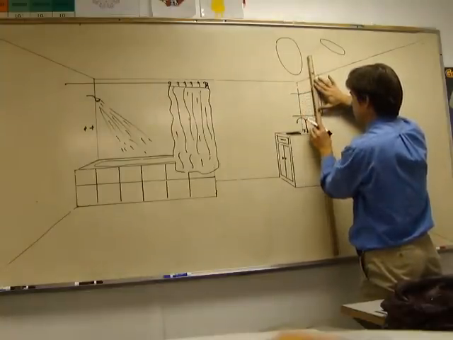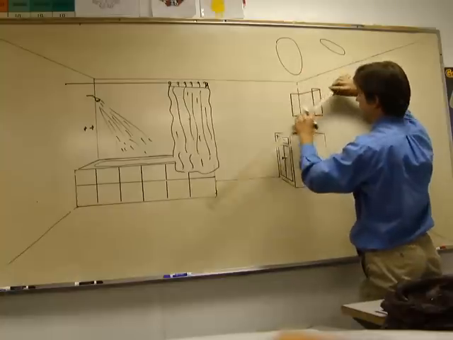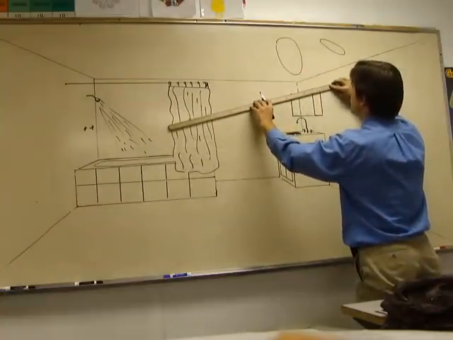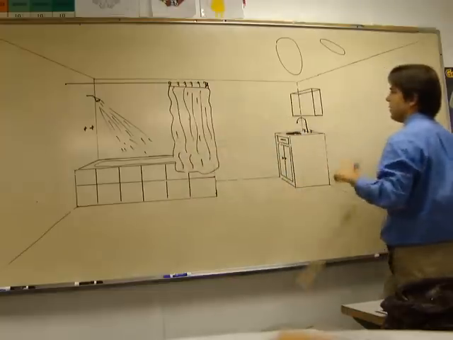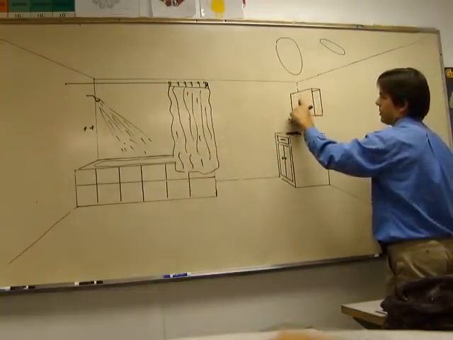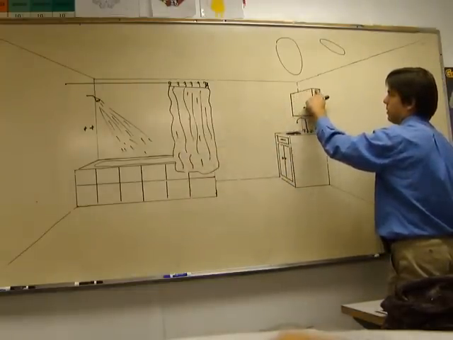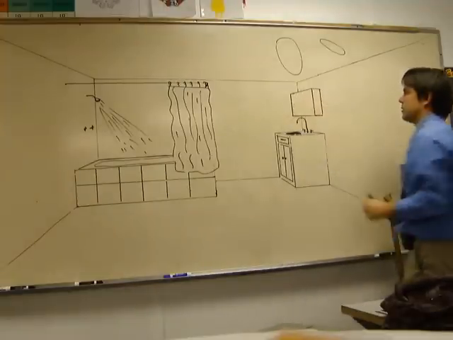We connect this, and then we connect these, and these, and then we get rid of all of the stuff you wouldn't actually see. We got our little rectangular prism sitting above the sink,